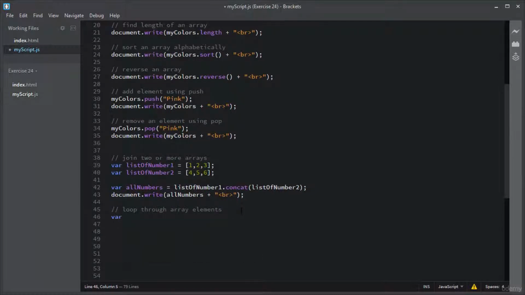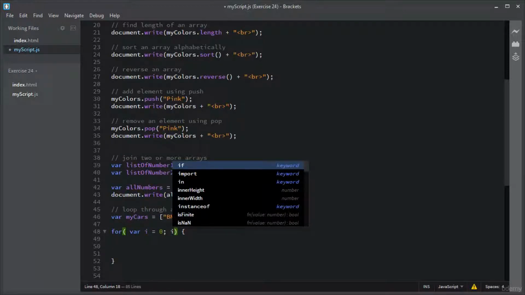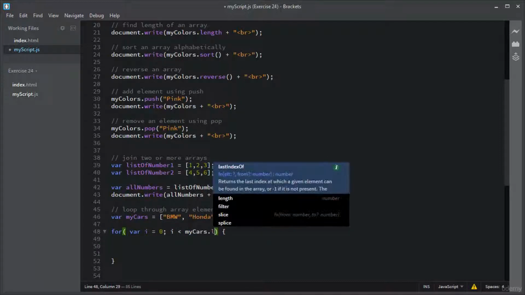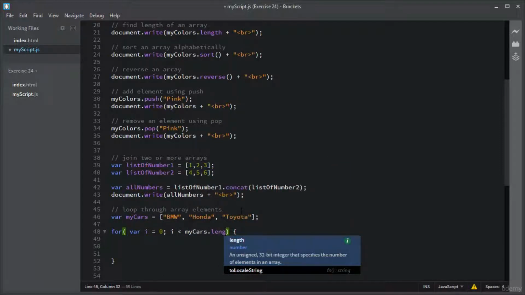I will declare an array myCars. Inside that I will assign it some values. Now I will use the for loop. Inside the for loop I will declare a variable i with value 0, and the condition should be i should be less than myCars dot length property. This will return the total number of elements inside this myCars array,